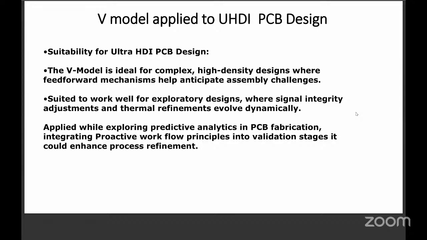If you are trying to do something new, it works, where signal integrity adjustments and thermal requirements evolve dynamically, especially thermal-aware power integrity. Applied while exploring predictive analytics in PCB fabrication, integrating proactive workflow principles into the validation stage should enhance process refinement. So people generally use a digital twin, where you get actual yield feedback and try to tune the layout. Next slide, please.